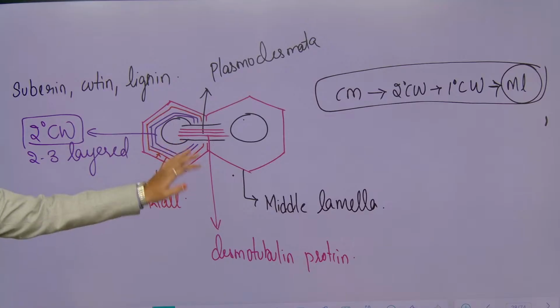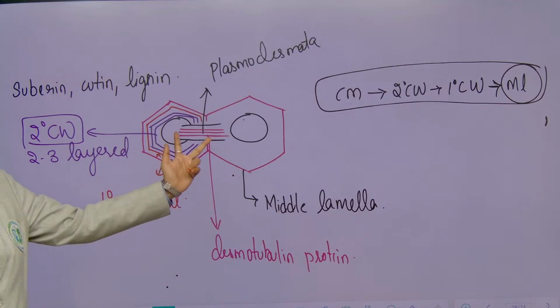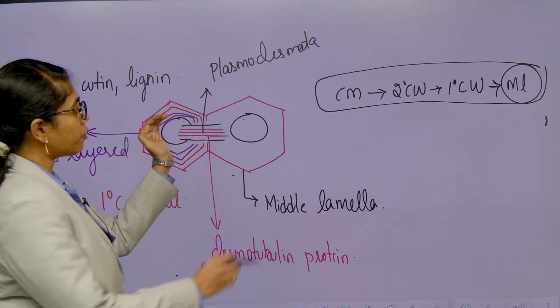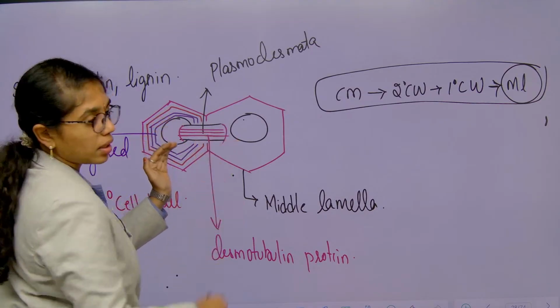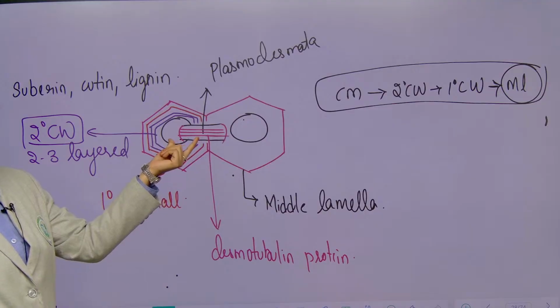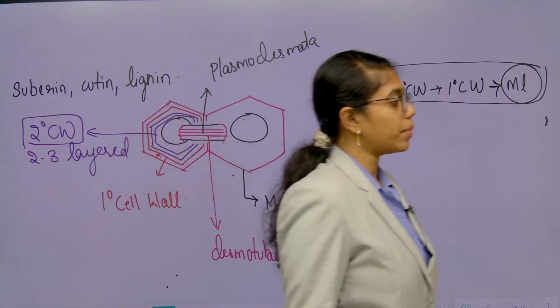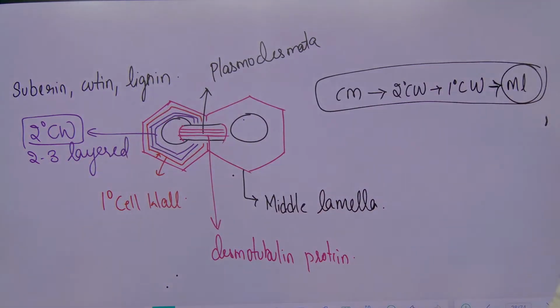Okay, this is made up of desmotubulin. Plasmodesmata are the connections in between two cell walls, which connect from one pit layer to the other. They are direct connections in between two cytoplasms of two different cells. Got it? Understood? This is about cell wall, which we have completed in yesterday's class, and today let us